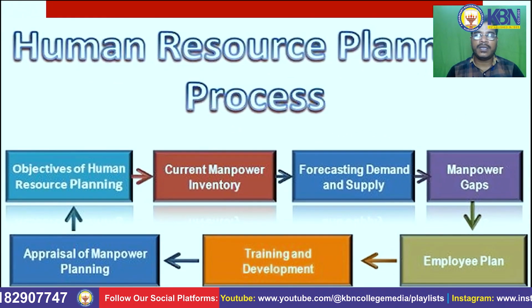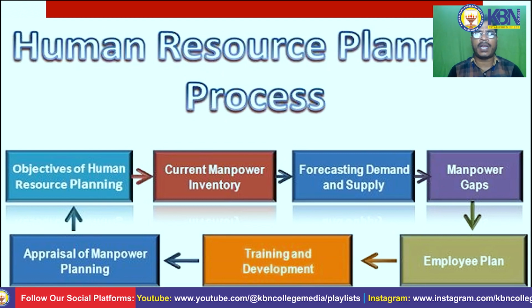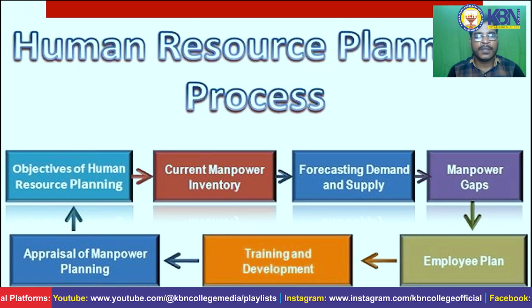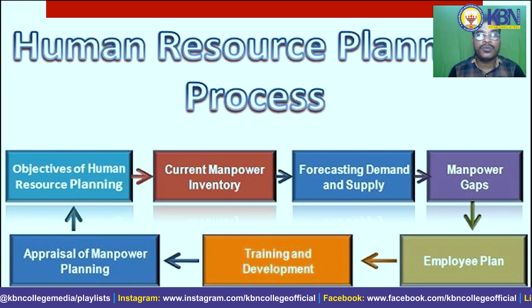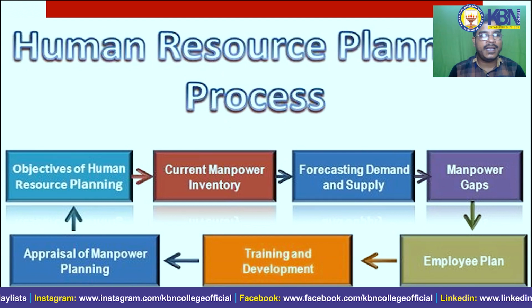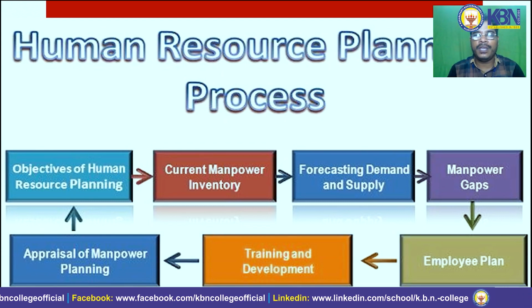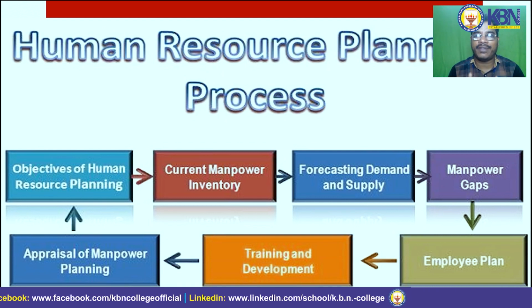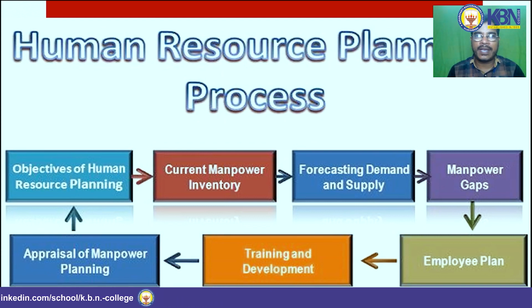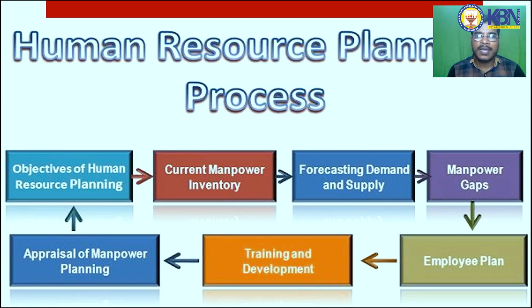And coming to the next one, that is how human resource planning can be done in the organization. See, we have different steps. Firstly, we need to have a clear-cut objective of human resource planning. Why we are doing human resource planning, we need to have great clarity about that. We should have great clarity about why HR planning is important, why HR planning is being implemented, what is the main purpose of implementing human resource planning. That point we should keep in mind.